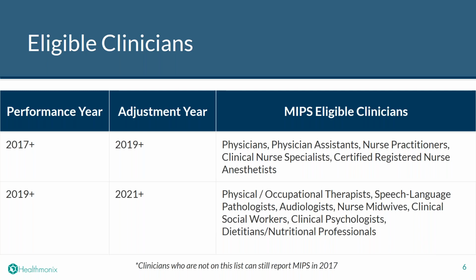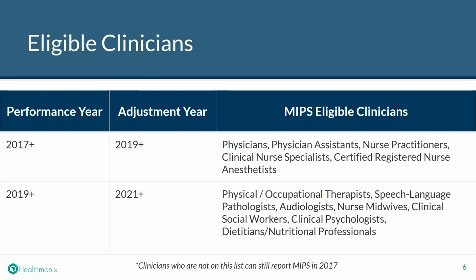And we note here both the performance year and the adjustment year, because as you report for MIPS in a given performance year, your Medicare reimbursements will be adjusted based on how well you do with your reporting 2 years later in the adjustment year. So whether you report successfully or report very successfully for MIPS in 2017, that's going to impact your Medicare reimbursements